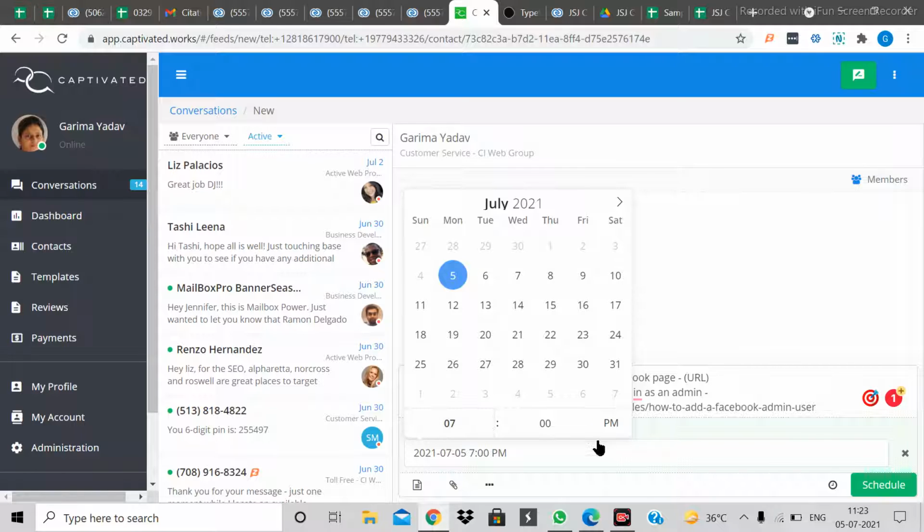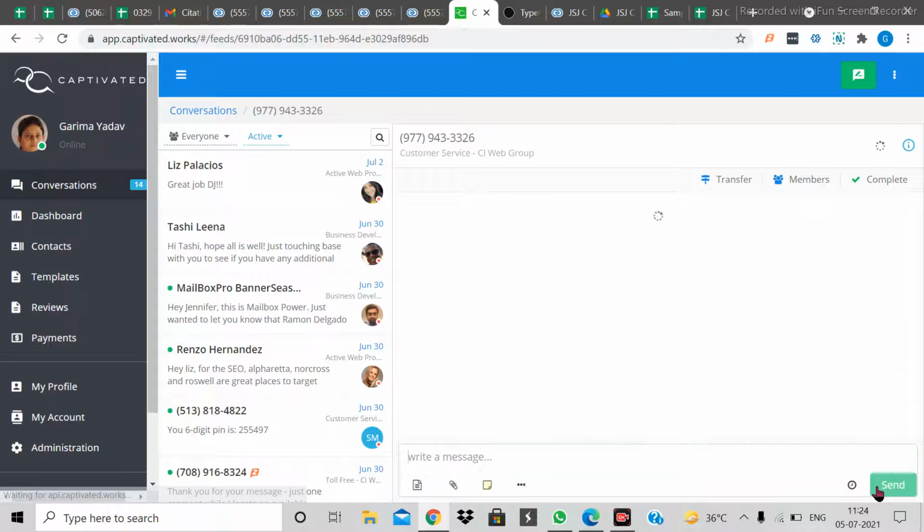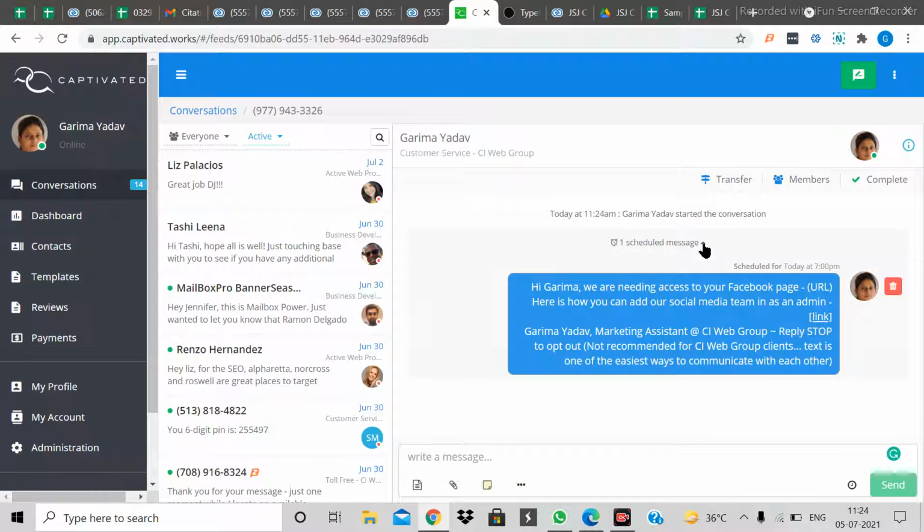So when I have my time 7 p.m. here, it will be morning in America, and the client will receive the message on this scheduled time. You will hit the button schedule and just leave it. Once you have done that, you will see one message is scheduled. And if you want to delete it, if you think that you have done it wrong, you can just delete it also.